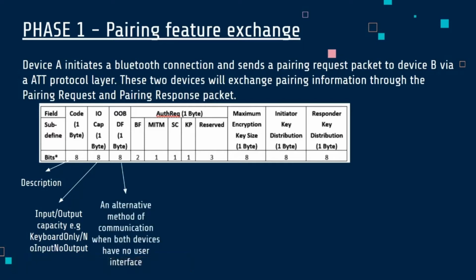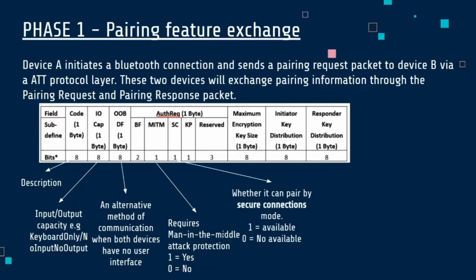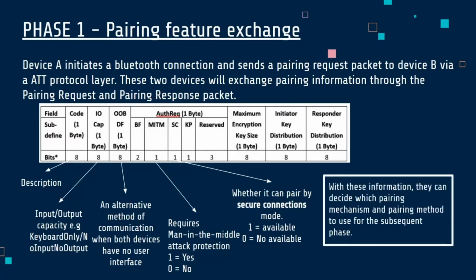The OOB column here represents an alternate method of communication when both devices have no user interface. The MITM column indicates whether the device requires man-in-the-middle attack protection. And most importantly, the SC column here indicates whether the device supports secure connection. So with all this information, they can now decide which pairing mechanism and which pairing method to use for subsequent